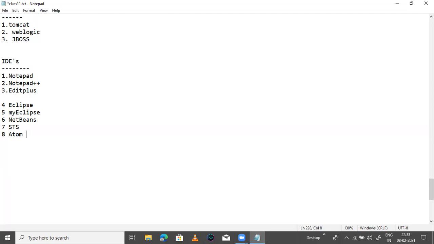So using Notepad++, you should type. Then you will get clarity. This is my agenda. That's why I'm not using Eclipse, MyEclipse, NetBeans, STS. Mostly I'm using Atom or Notepad.